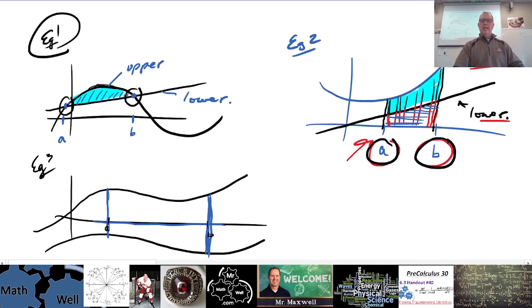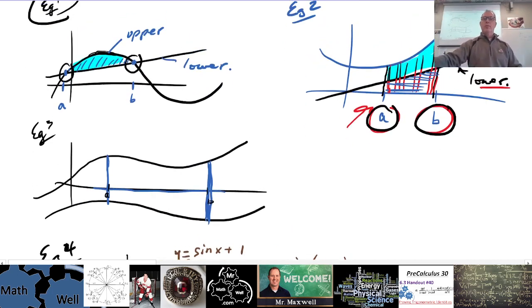Okay, example 3. This is another different looking one. What if you have one graph that's on top, and the other one is completely on the bottom, but it's negative? What do you do there? Well, here's the nice thing about this. As long as from A to B, if you have the same function being on top and the same function being on the bottom, you do everything the exact same. So you take the area of the upper curve, and in this case, visually, it would look like this,